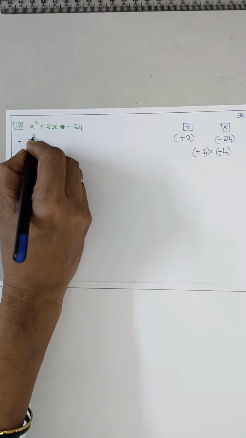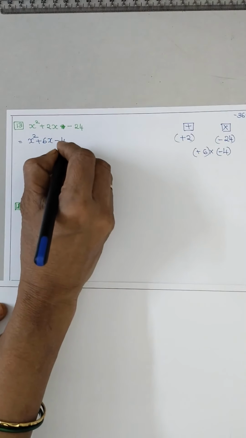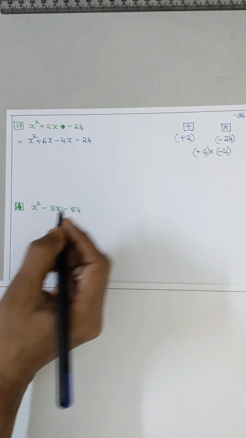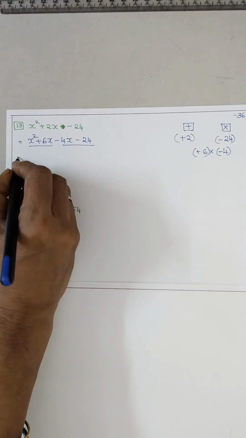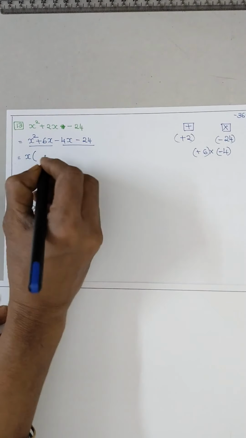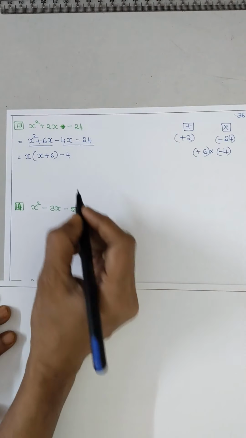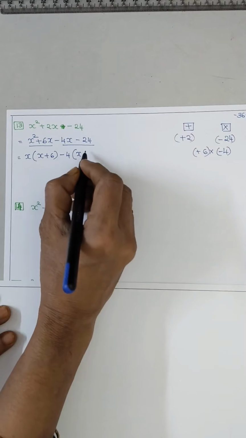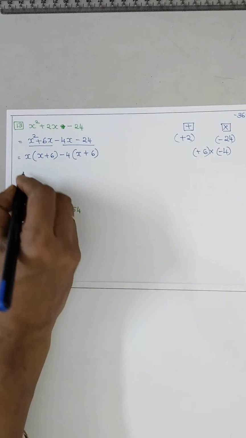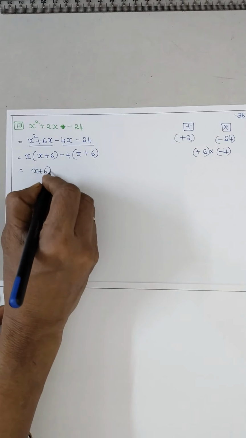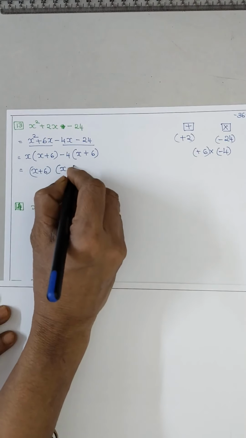Now x squared plus 6x minus 4x minus 24. Underline first two and the last two. x is common, x plus 6 remains, minus 4 is common. So x, this minus becomes plus. 4 how much are 24? 4 6s are. So x plus 4 within the bracket, first write it, and x minus 4.